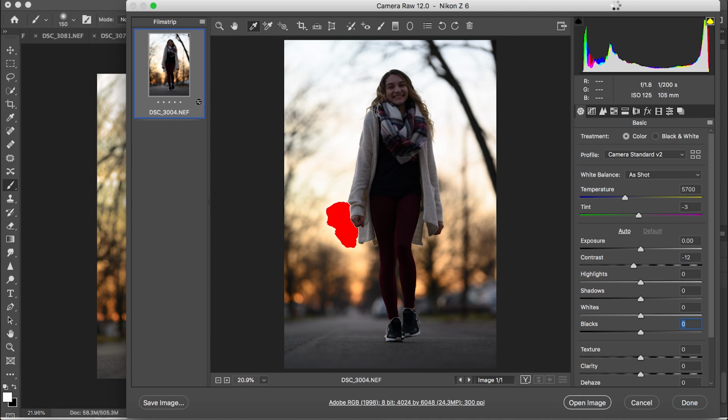And in today's video, I want to go over how to even out the exposure in your natural light portraits. One of the biggest questions I get asked is, what light did you use? Now, although I do use off-camera flash in most of my portraits, I get asked this even when it's a